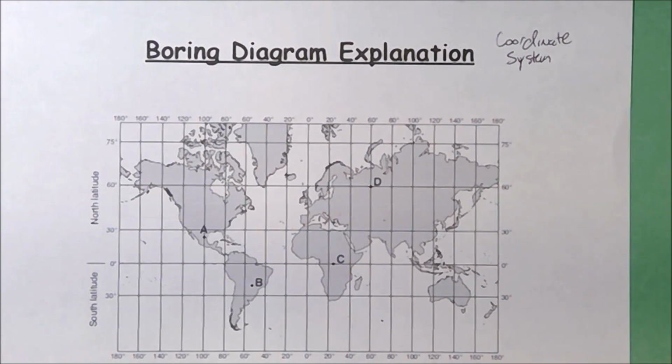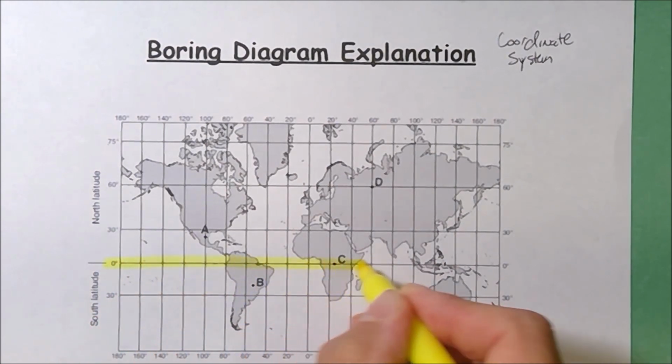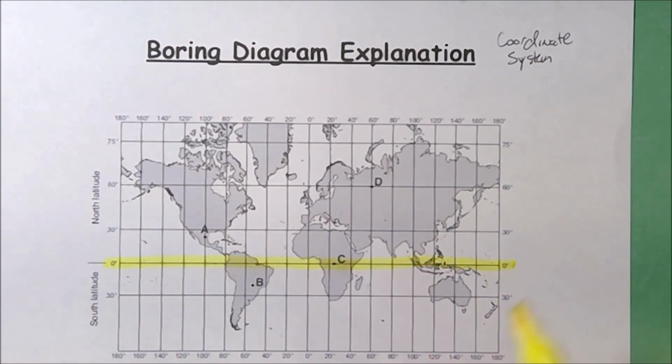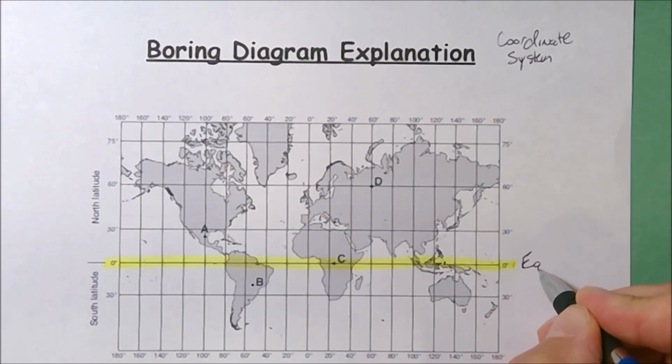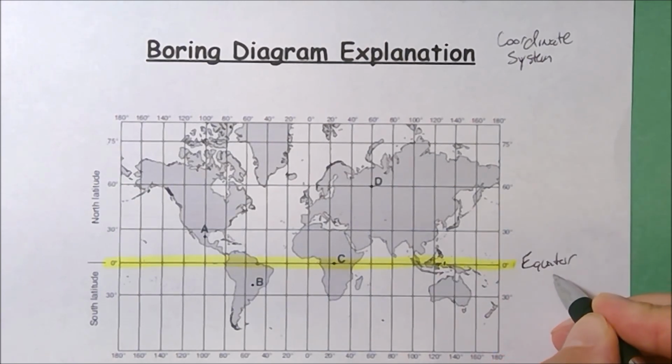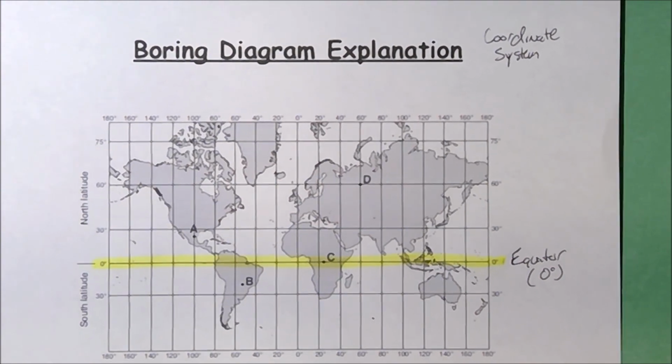So when you start with latitude and longitude, obviously you have to begin with the reference lines. Everything starts from some point. I'm going to highlight the reference line for latitude. So I'm using the yellow line to show you the equator. The equator is the reference line, or 0 degrees for latitude, and separates the Earth into the northern and the